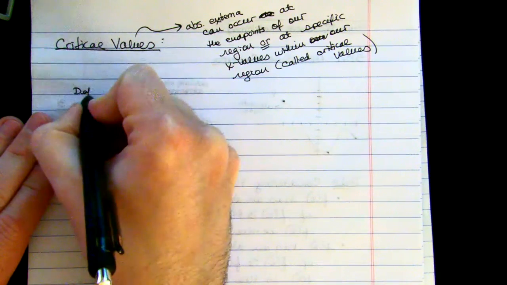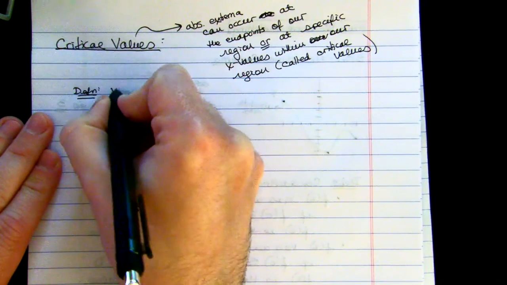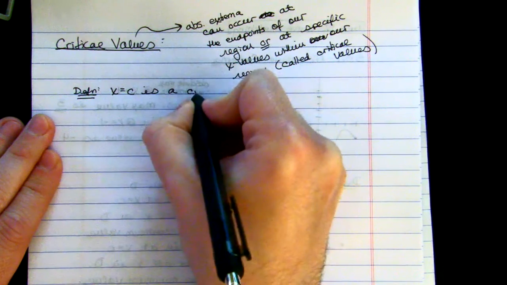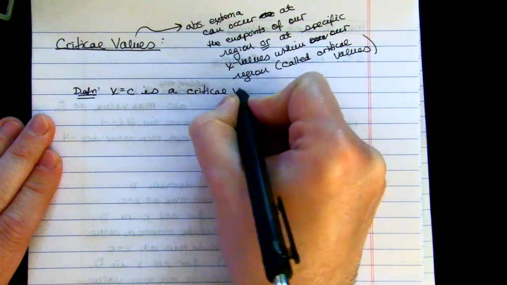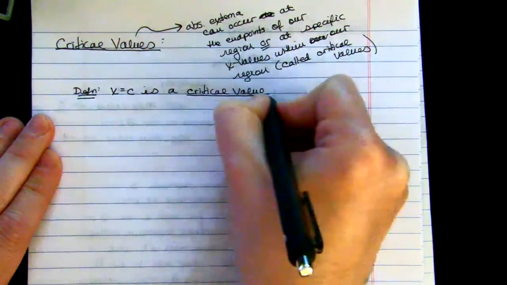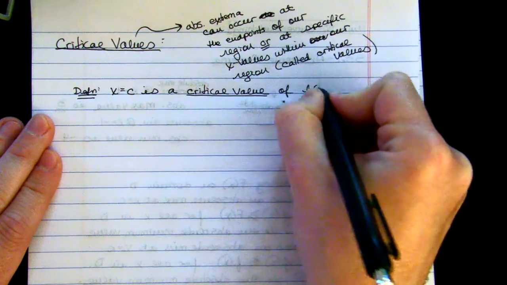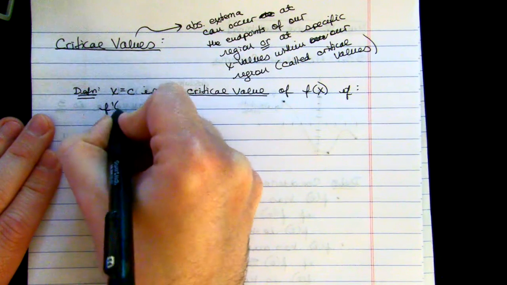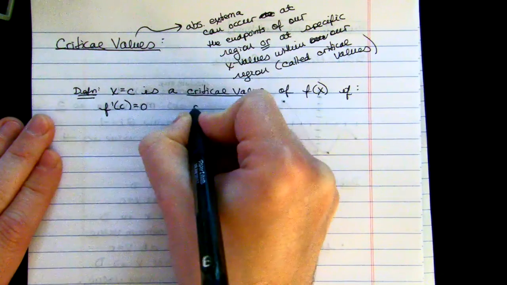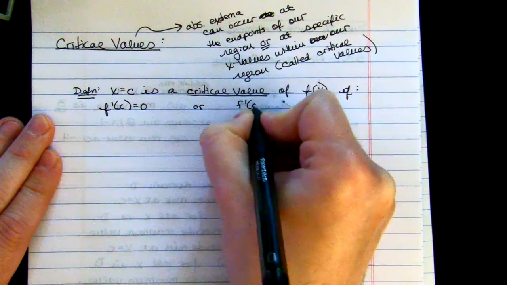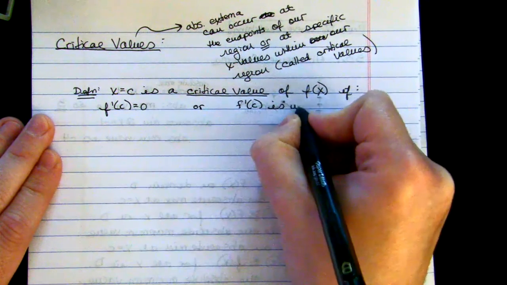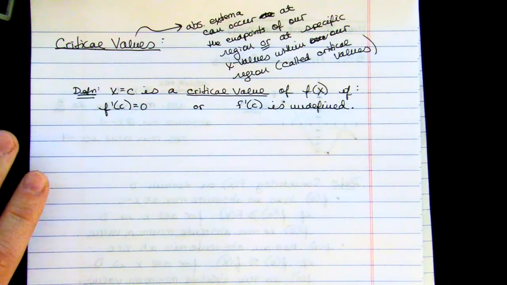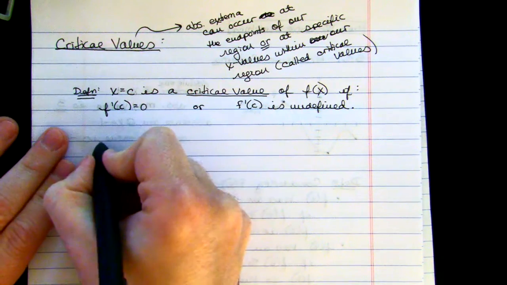Here's our definition. X equals c is a critical value, a place where I could have an absolute max or an absolute min. It is a critical value of f of x if either f prime of c equals 0 or f prime of c is undefined. X equals c is a critical value of f of x if either the derivative there is 0,